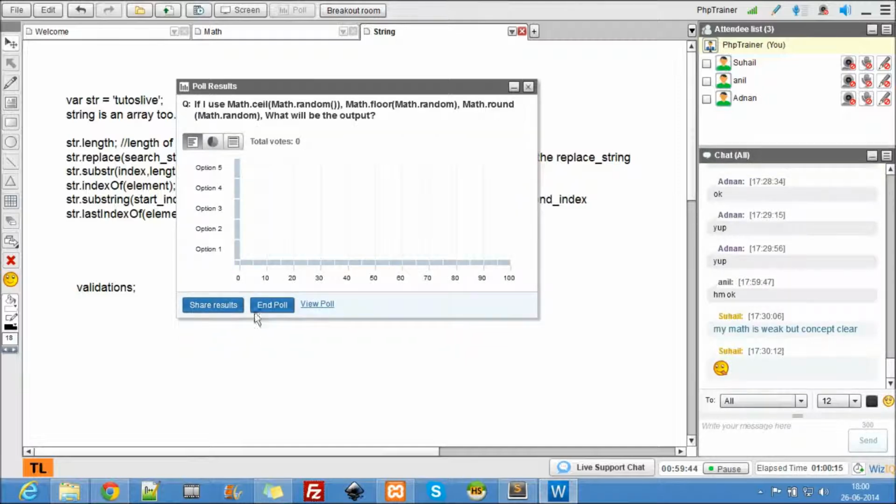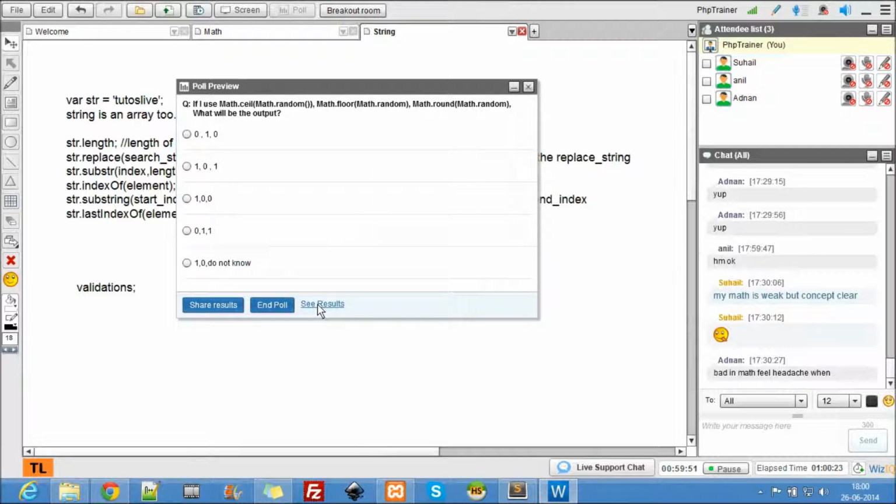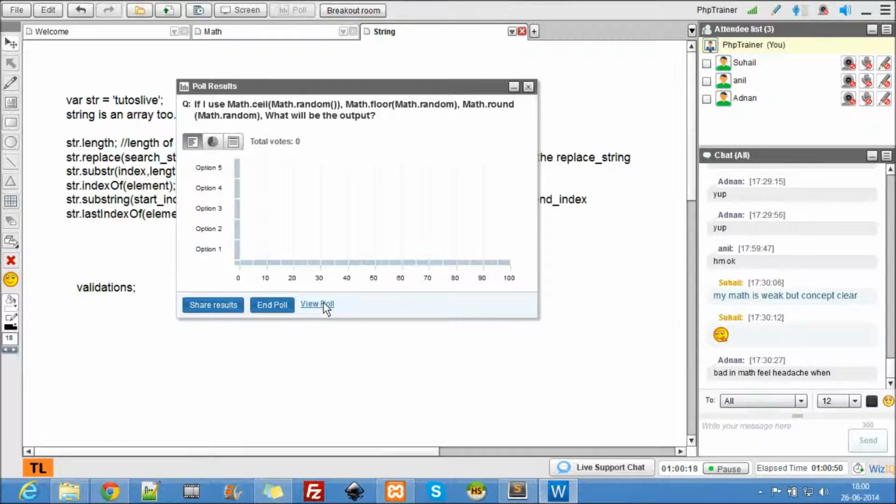Let's see. Answer this question. The question is, what is Math.ceil of Math.random, Math.floor of Math.random, Math.round of Math.random? So there are three expressions here: one is ceil of random, one is floor of random, and one is round of random. So what is the answer here?